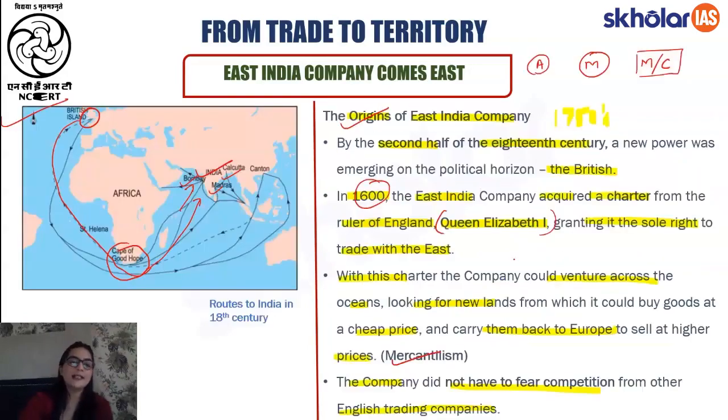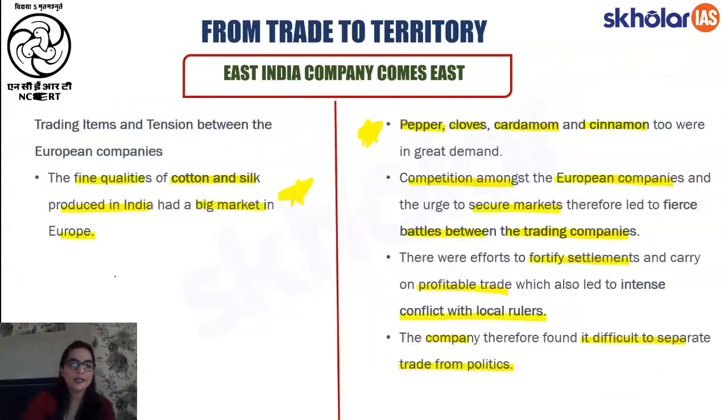ऑल्सो स्टूडेंट्स, हमने ये समझा था कि जो ट्रेड रूट है उसमें कैसे ब्रिटिश इंडिया आए थे, जिसमें हमारे लिए केप ऑफ गुड होप काफी इंपॉर्टेंट है. उसके अलावा हमने समझा था कि कौन से इंपॉर्टेंट ट्रेडिंग आइटम्स है जिसकी वजह से इतना फियर्स कंपटीशन था यूरोपियन कंपनीज में हमारी कंट्री में आके ट्रेड करने के लिए। ये इंक्लूड करते थे कॉटन, सिल्क, पेपर, क्लोव्स, कार्डमम एंड सिनेमन। सो बेसिकली टेक्सटाइल्स एंड